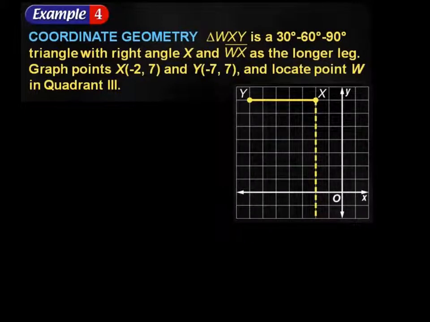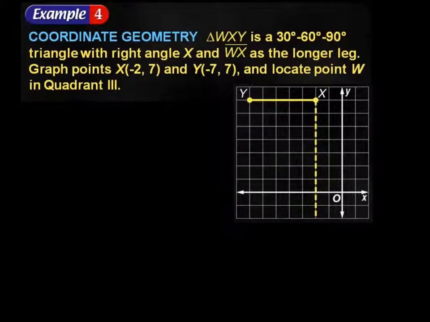Triangle WXY is a 30, 60, 90 right triangle with the right angle at X, and WX is the longer leg. Graph points X at (-2, 7) and Y at (-7, 7), and locate point W in quadrant 3. Now, if they'd said quadrant 2, we would have made our imaginary line going up, but since they said quadrant 3, they made their little fake line going down